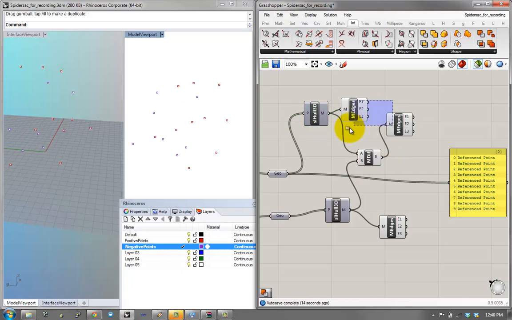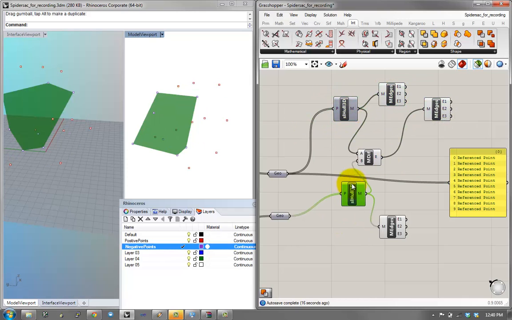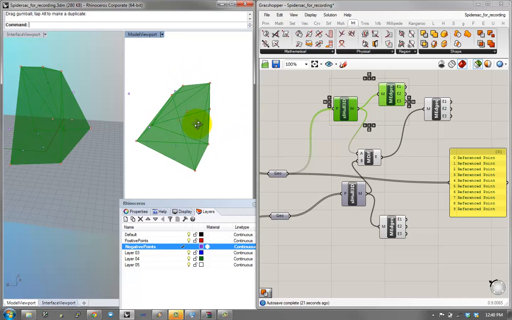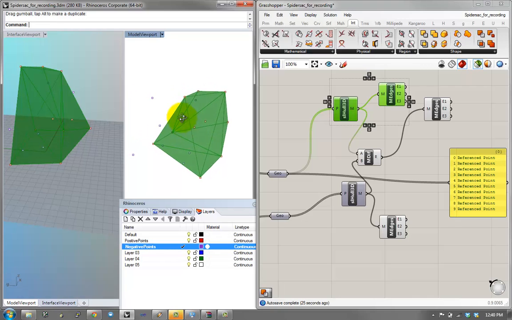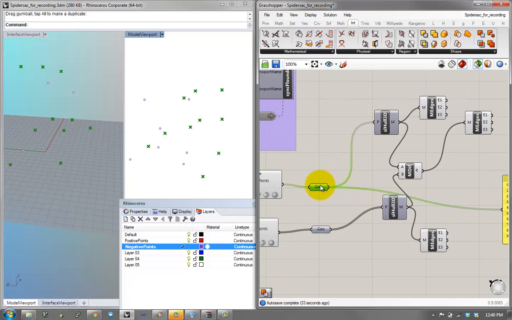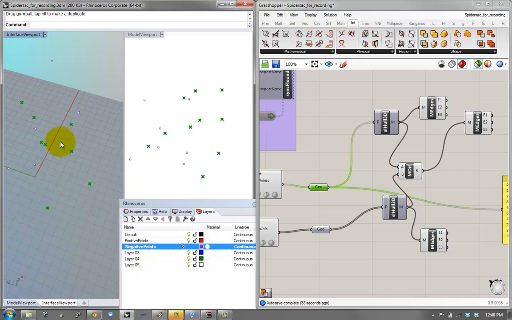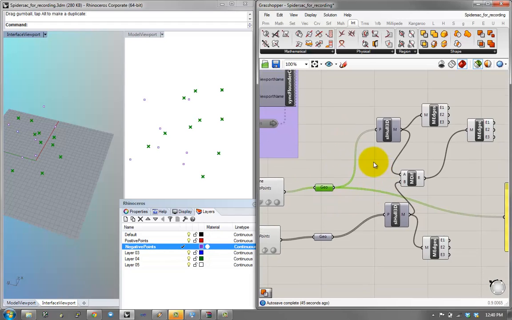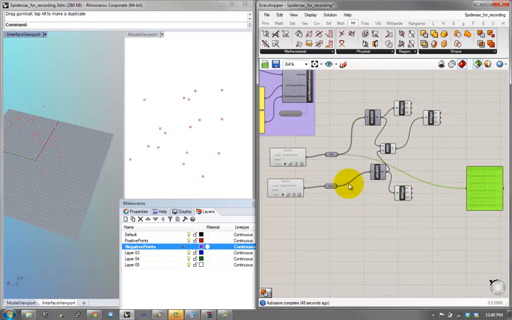As you go on, you'll notice that sometimes it's hard to see what's going on, and the reason why I added edges is so that I can get a spatial sense of what's going on. It will often be the case that representation actually gives you a better idea of what you have to work with, and thus lets you design more effectively. And so in tune with that, I'm going to create little balls around these points, because part of the problem with these points is that I don't have a good enough sense of depth, because the points are the same size no matter what. So to kind of create a mock-up of the interface, I'm going to